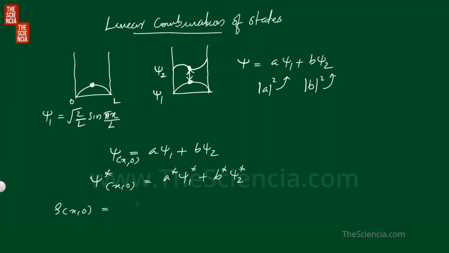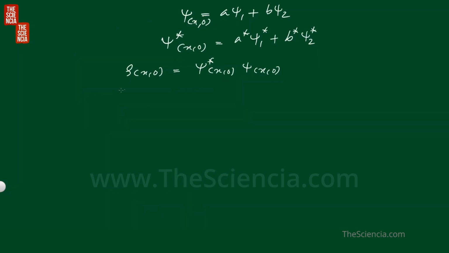We know the definition, that is psi star x0 into psi of x0, right? Now we can substitute these values here, that is rho of x0 is equal to psi star x0, that is A star psi 1 star plus B star psi 2 star into psi of x0, that is A psi 1